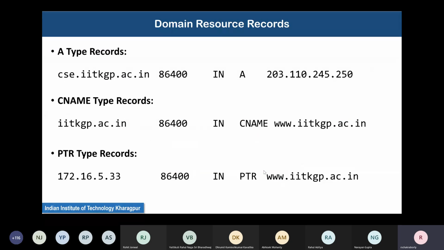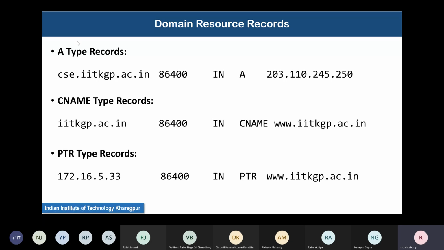However, mostly we will study IPv4, which is a 32-bit address. Interestingly, these IP addresses, although we say 32-bit, are always written in this dotted decimal format, as you already know. But what is the interpretation of all these things we will study later on when we study IP addresses.